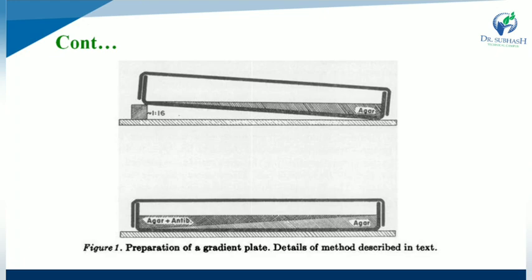We already described the method in the text. The first figure is of agar. First of all, take one petri plate that is kept in a horizontal position and add agar. After the agar is solidified, in the second figure we can see agar plus antibiotic solution is added, and after adding agar plus antibiotic solution, add 0.2 ml of solution and spread properly.